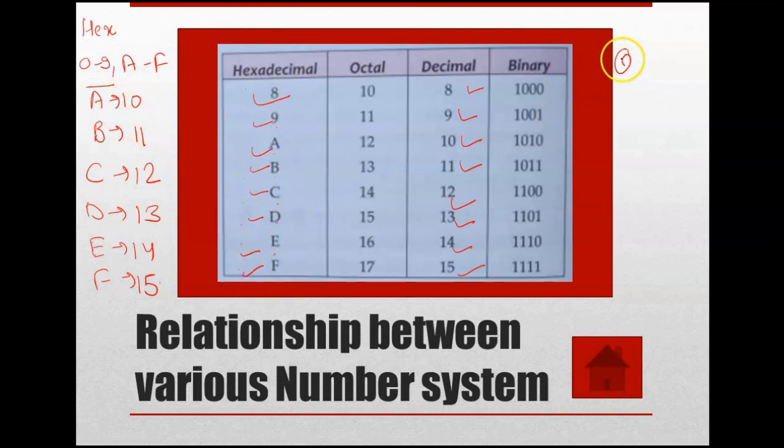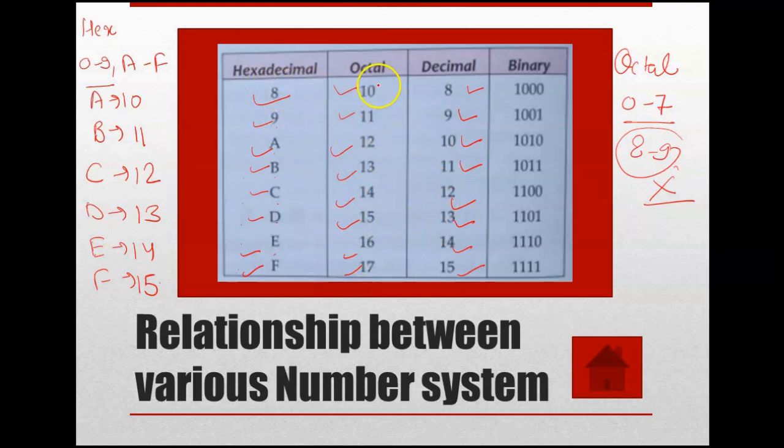But the same thing, if you go for the octal number, it is from 0 to 7. We don't have 8 and 9 in case of the octal number system. Please check it. 0 to 7 we covered in the previous one. And in this we represent 8 with 10, 9 with 11, then 12, 13. You can't see the 8 and 9 digits in octal numbers. So this is perfect: 10, 11, 12, 13, 14, 15, 16, 17. So this is the relationship between the various number systems.